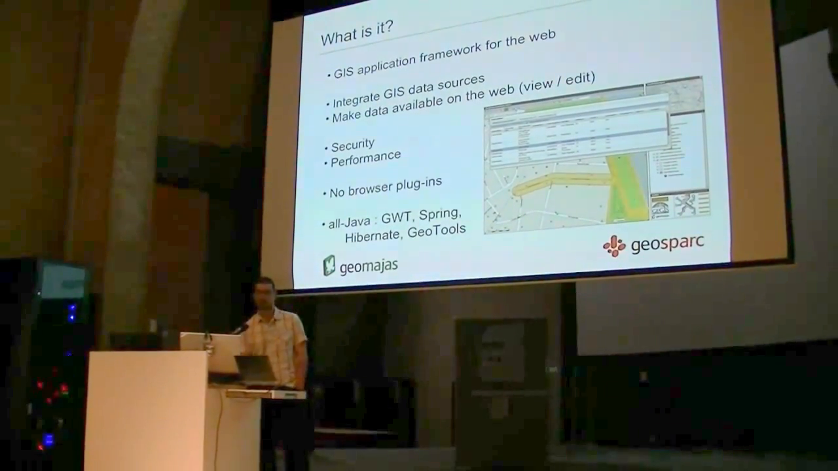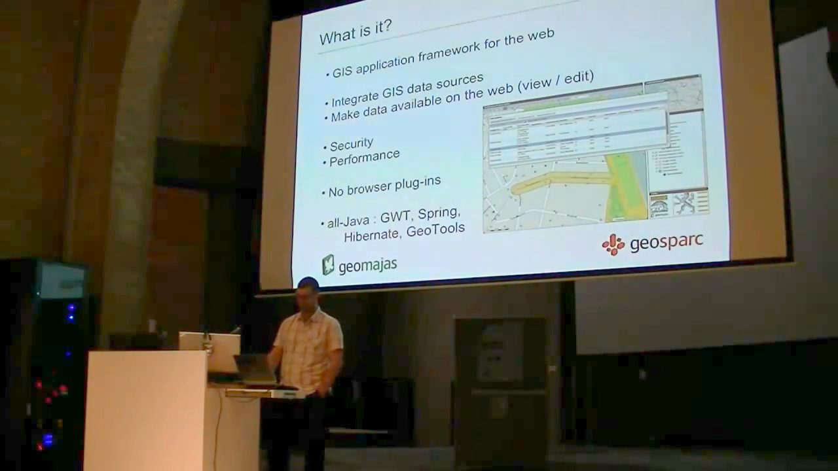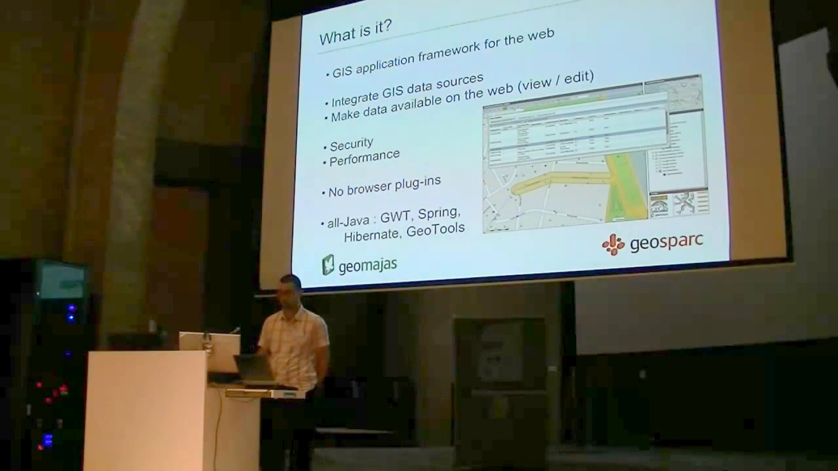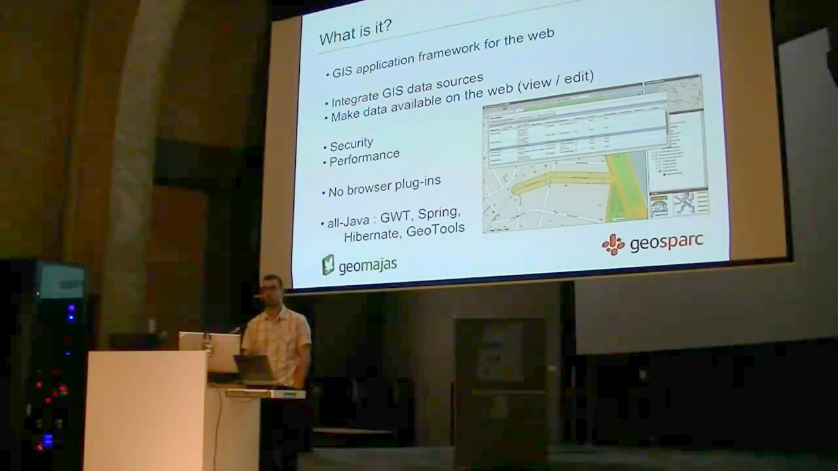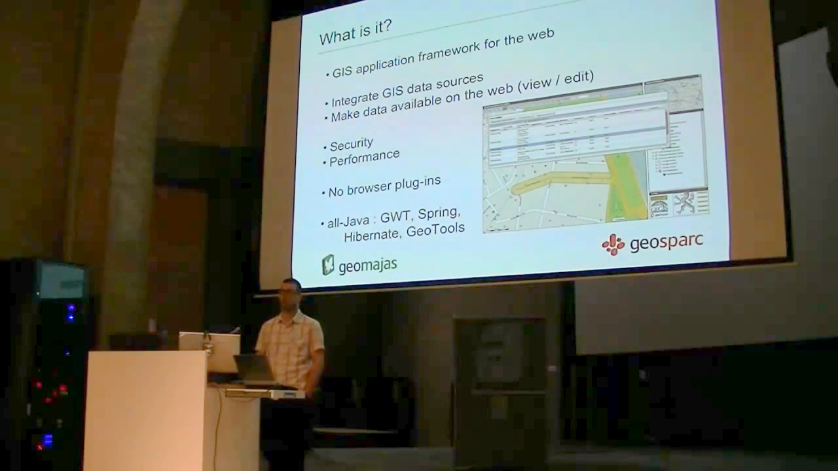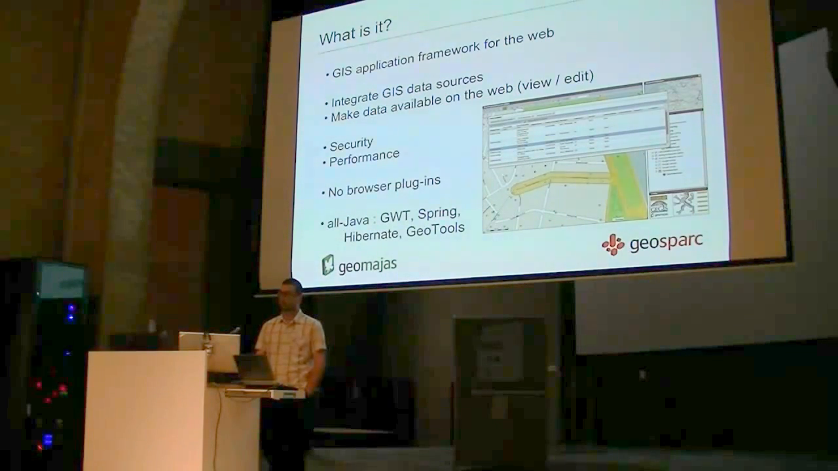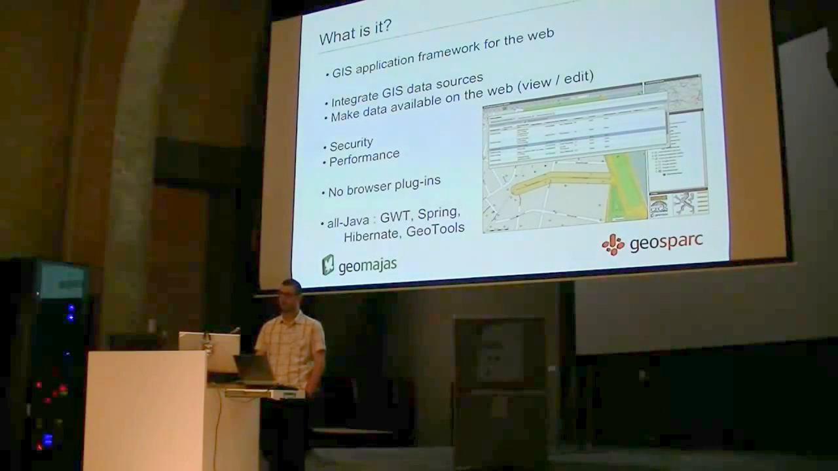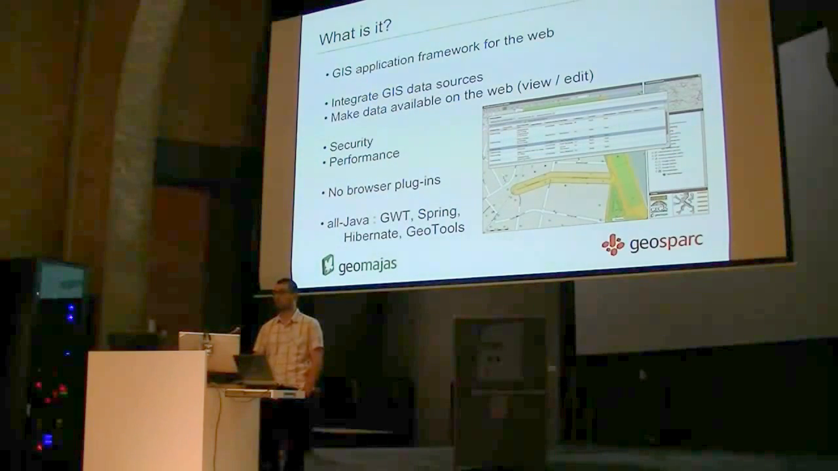Right. So what is Geomajas? Geomajas is a Java application framework which allows you to build GIS applications for the web specifically. In principle, you could also use it to build desktop applications, but most of our users definitely want to use it for building web applications. We make a point of integrating with as many GIS data sources as we can, and it is very easy to actually add extra plugins to integrate with more or very exotic data sources